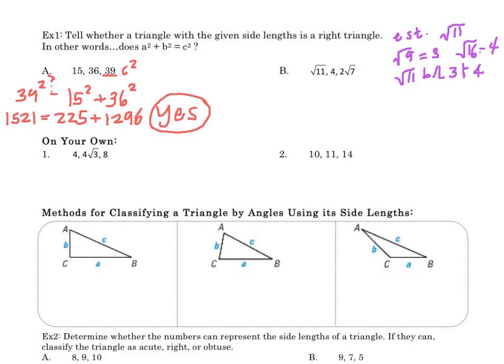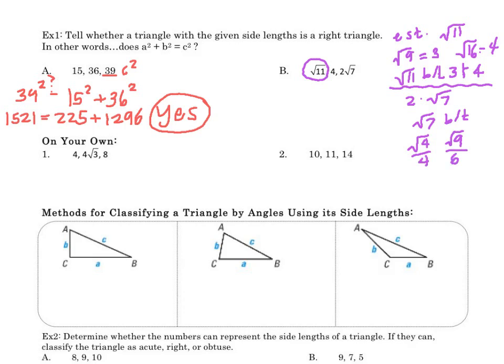Okay? If what I just said didn't make any sense at all, the alternative is to type the square root of 11 into your calculator and have your calculator give you an estimate. You can also estimate 2 times the square root of 7 by first estimating the square root of 7. The square root of 7 is somewhere between the square root of 4, a perfect square smaller than 7, and the square root of 9. Those are the two closest perfect squares to 7. So the square root of 7 is somewhere between 2 and 3,